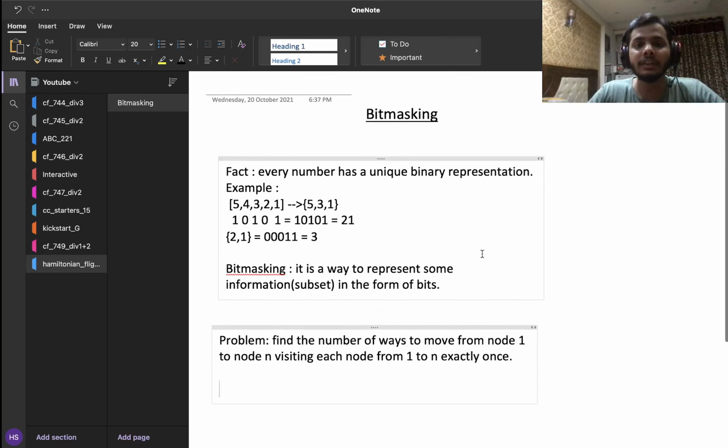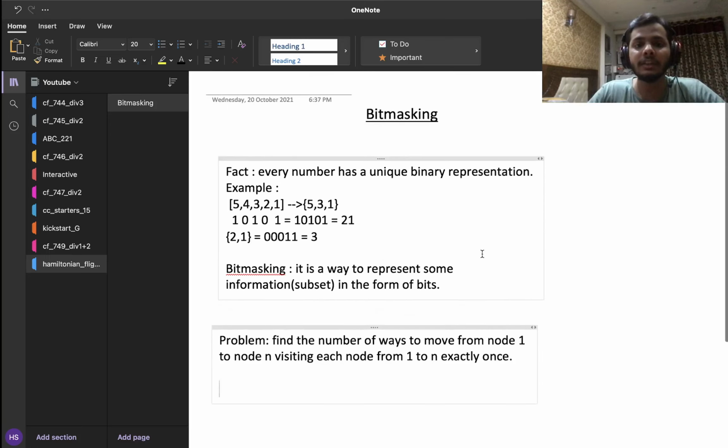So I will define a 2D DP, where DP of mask comma I is equal to the number of ways of reaching from node 1 to node I such that all the nodes which are in the subset represented by mask are visited exactly once and all other nodes are not visited at all.